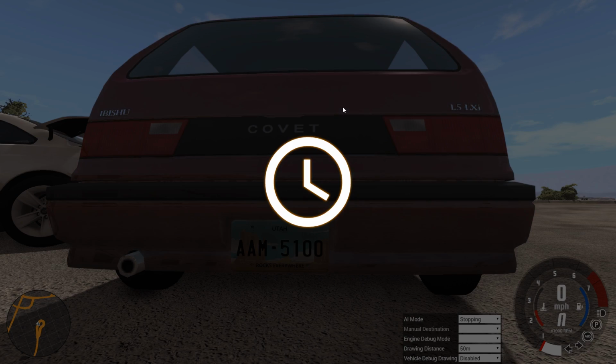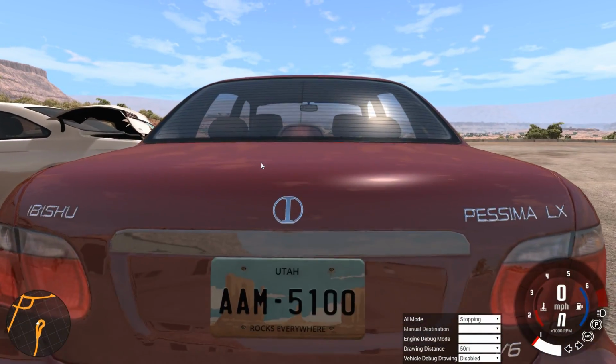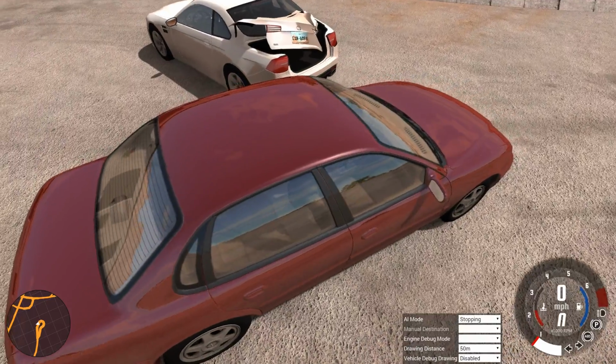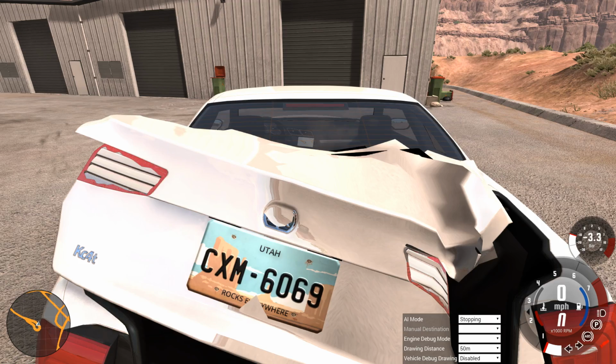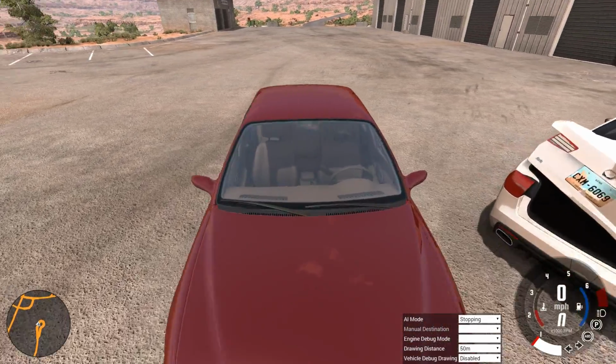Pessima right here, what does this one say? Come on. AIM5100. I don't know if the numbers represent anything or not, but it is worth mentioning that some cars have different numbers. Now, another thing is if you puncture the fuel tank, which is actually pretty hard to do, the